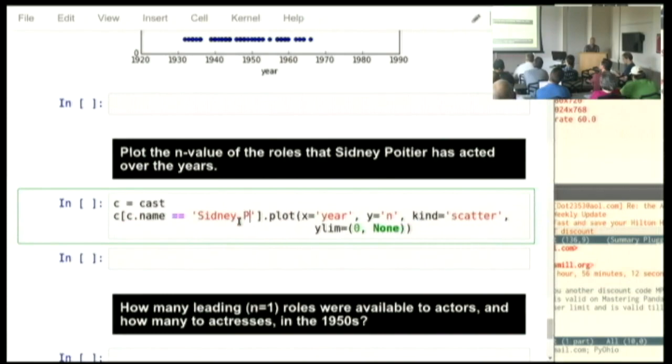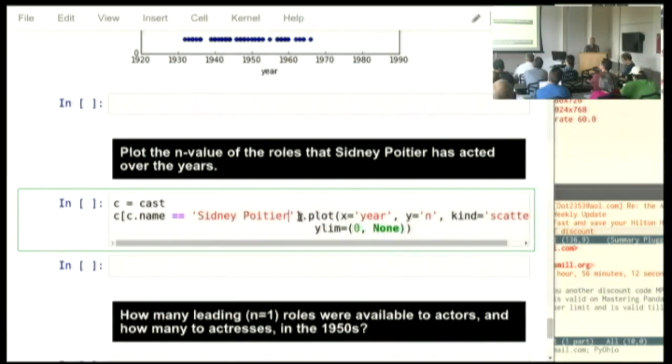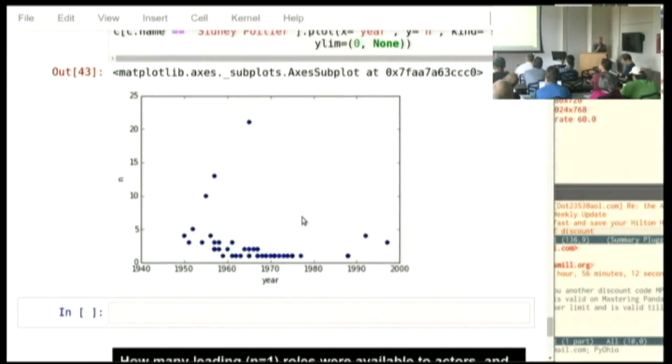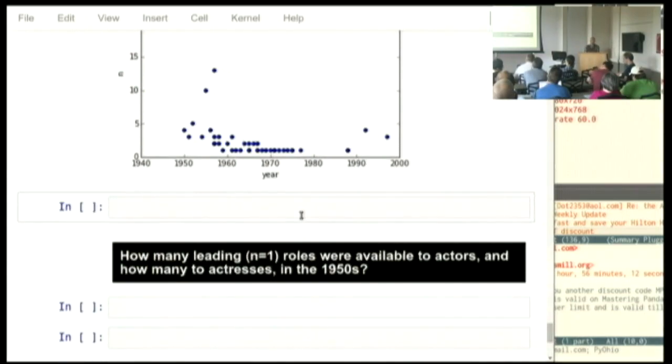Sidney Poitier, the Academy Award winner, had an interesting career. You can see in values putting him 3rd and 4th in the billing, then began to move up into a mix of leading and supporting roles. Then, in the 1970s, was just kind of on fire, all leading roles, and then late in his career was willing to take 2nd or 3rd billing, or was included in archival footage that was not billed very high.